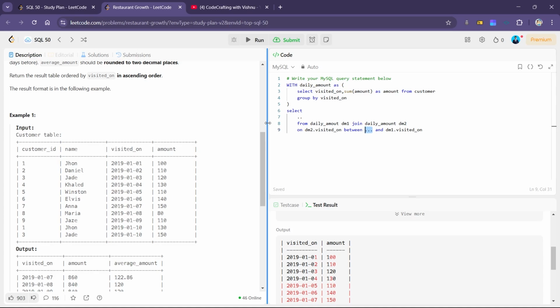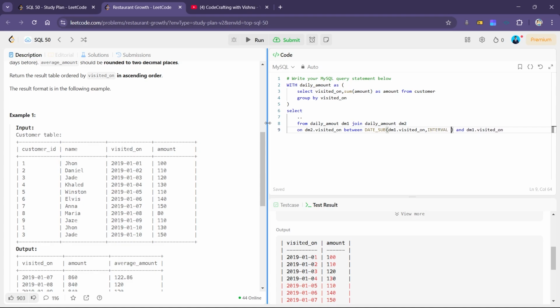Now what will be the first date? Since dm1 dot visited on is the last date, the first date is 6 days before dm1 dot visited on. So there is a function in SQL, that is date sub. So what we have to do is from dm1 dot visited on, we have to subtract 6 days,